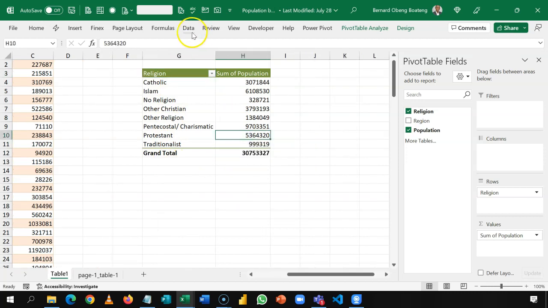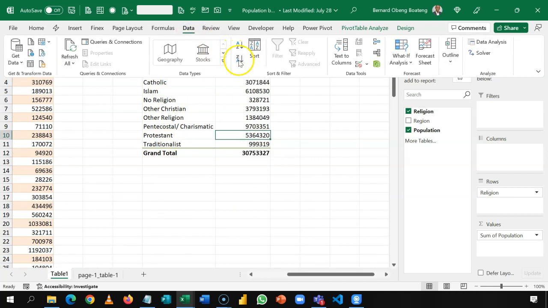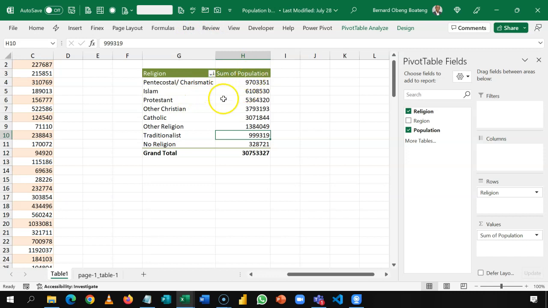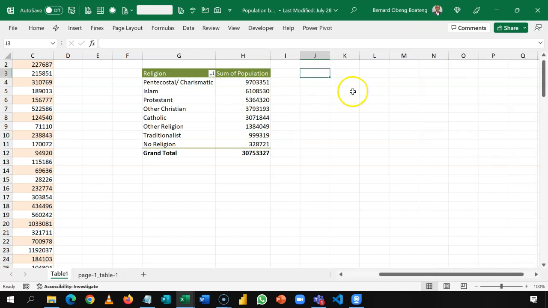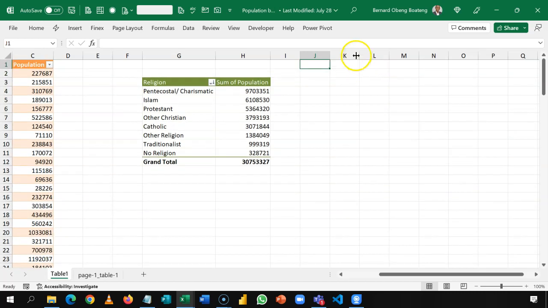Now at this point, I can sort the values, so I have the highest on top and the lowest below. What I want to achieve is to create a mirror of this pivot table that would focus on the religion I have selected. Before I do that, I want to put in here, let's say in K,